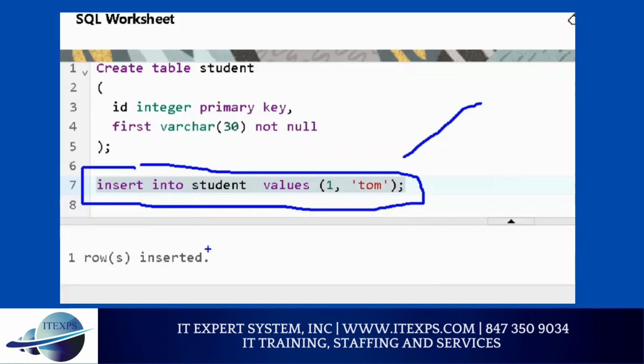Here the first name is Tom, we inserted, and the ID we said 1. It could be some other number as well. Yes, instead of 1, in the real world it could be some 4-5 digit number. But suppose we have a lot of records, how are we going to type it? I'll help you. Right now,